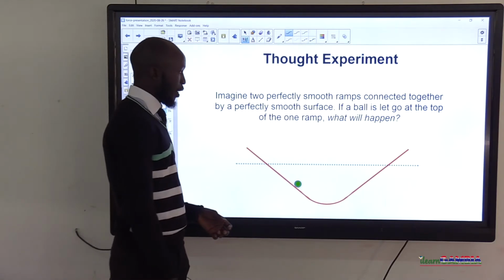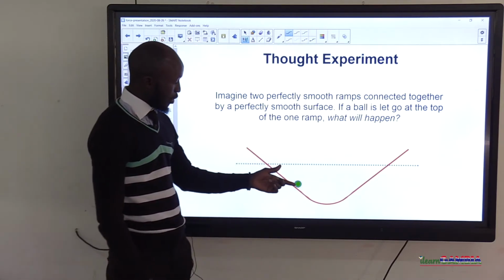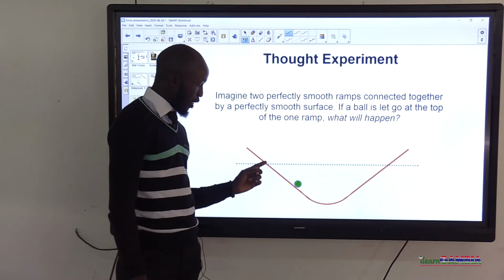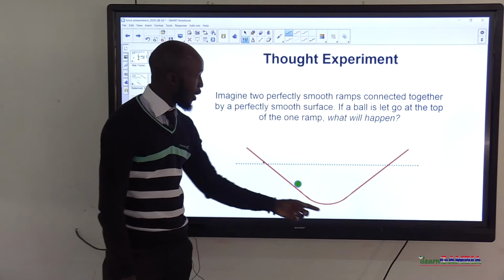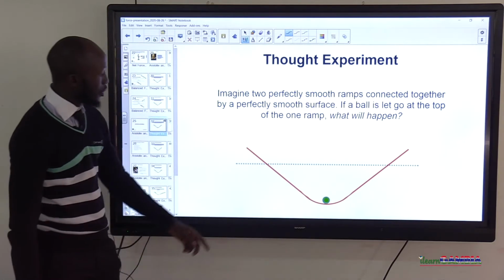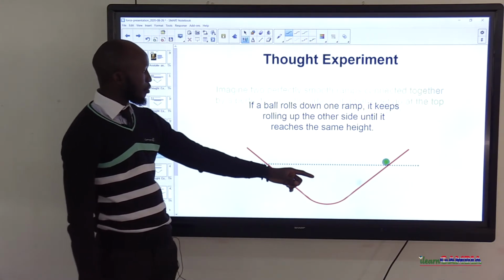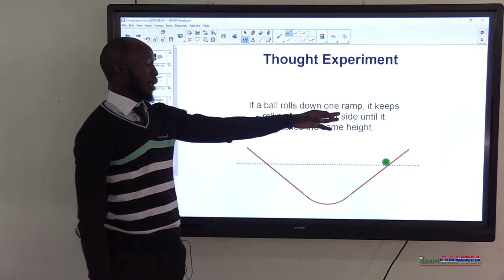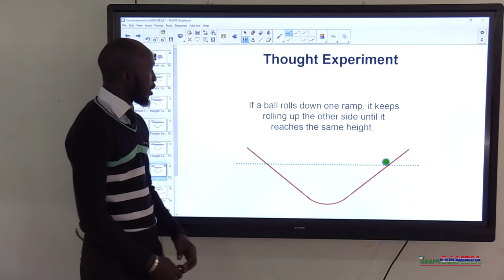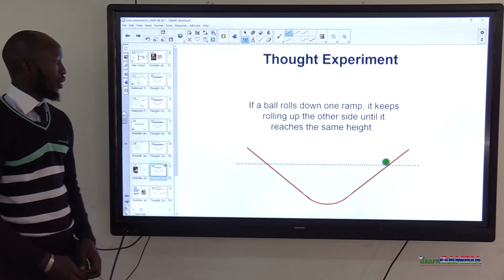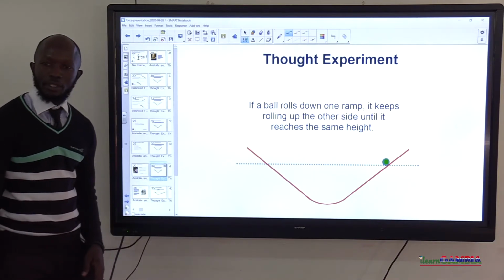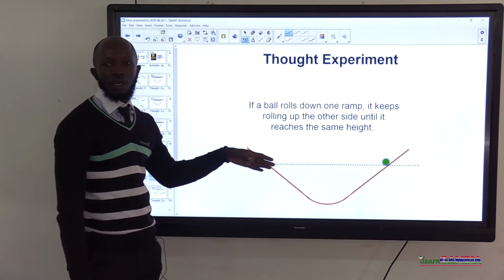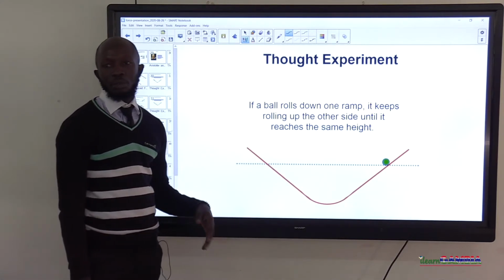Right? Now let's see the motion of the object. The object is moving. It was released from this point, and now the object is moving. If a ball rolls down one ramp, it keeps rolling up the other side until it reaches the same height. This is talking about energy conservation, which I am sure most of you have been introduced to in your earlier